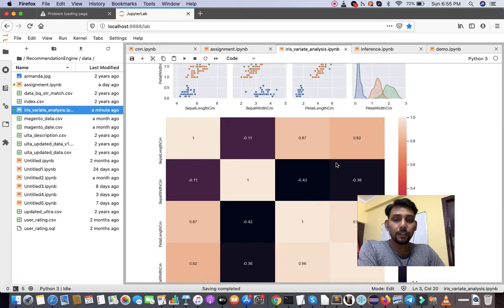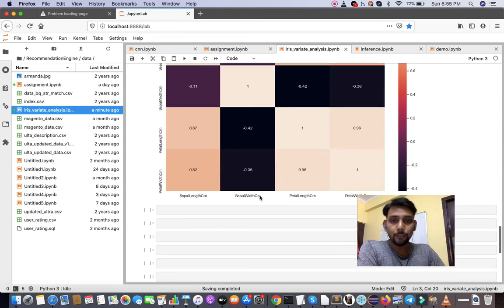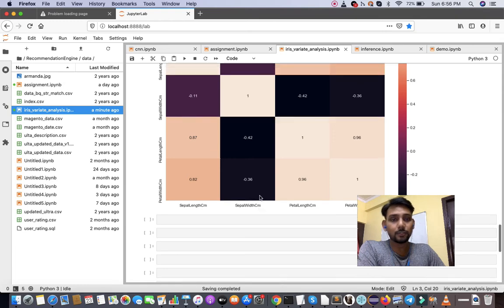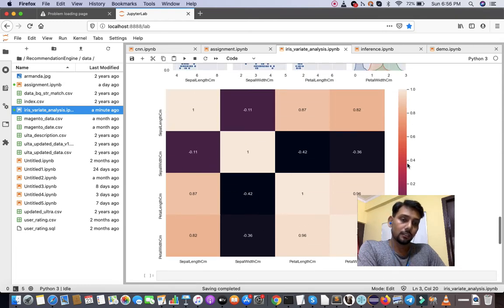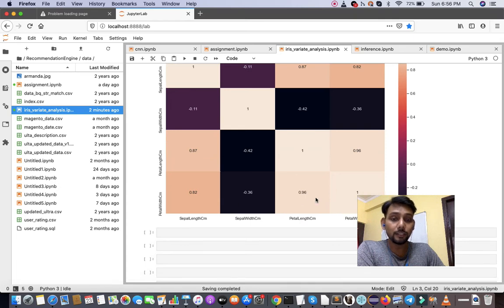The value of the correlation lies between -1 and +1, right? If the correlation value is 0, it means it's not correlated. If the correlation value is 1, it means very high correlation between two variables. If the correlation is -1, it means very high negative correlation between the variables, right?